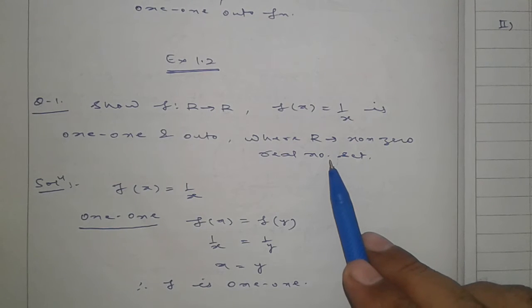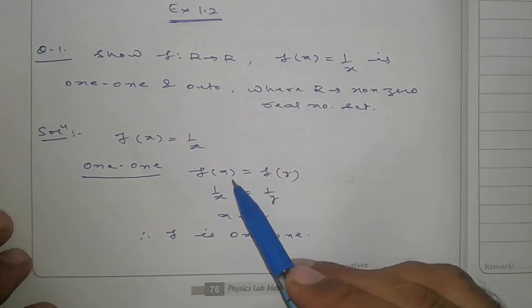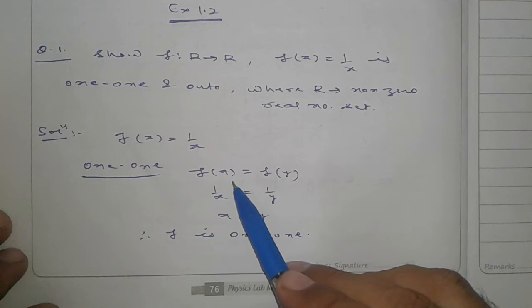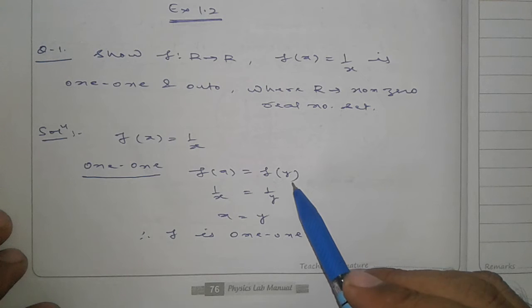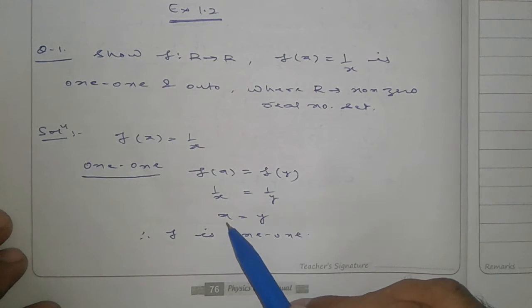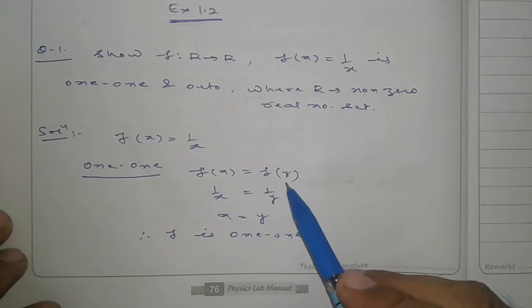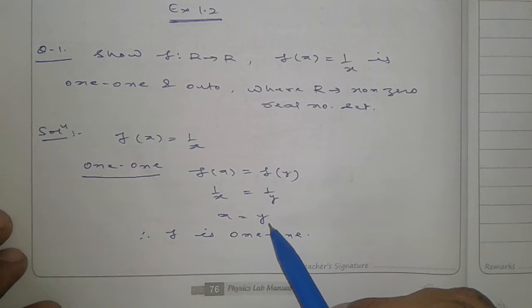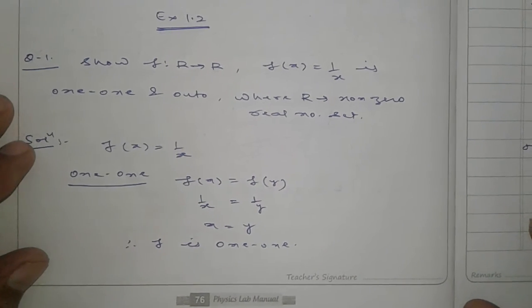f(x) is given 1 upon x. So I will take x and y. So suppose f(x) is equal to f(y). f(x) means 1 by x, f(y) means 1 by y. So x is equal to y. हमने लिया था f(x) इज इक्वल टू f(y), प्रूव कर दिया x इज इक्वल टू y. सो f इज one-one. Then